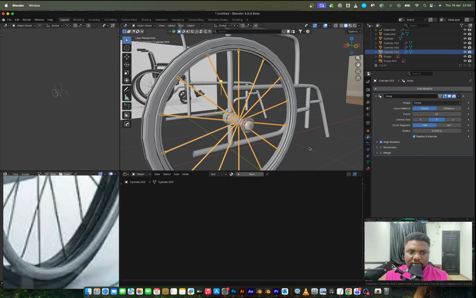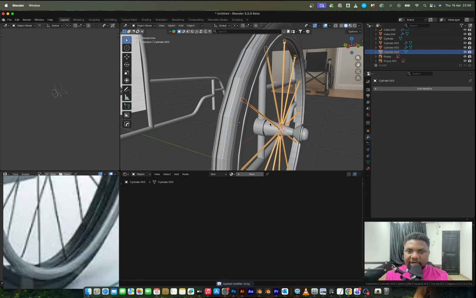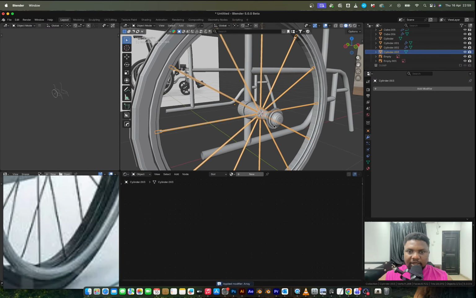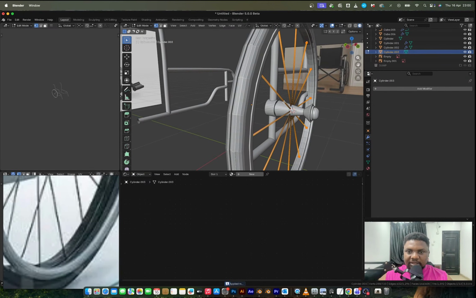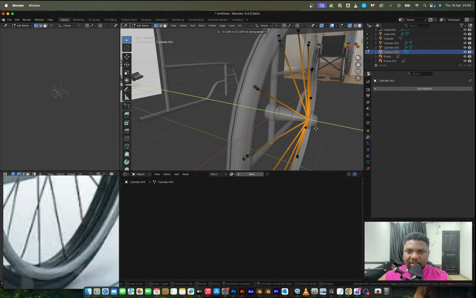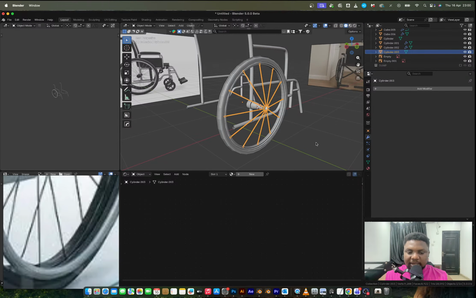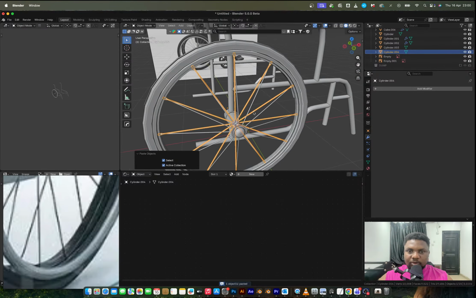I think 12 is good. I'm going to apply that array. And now I can select this, copy, and then all of these ones in the center, I can move forward, and then I can paste the other one